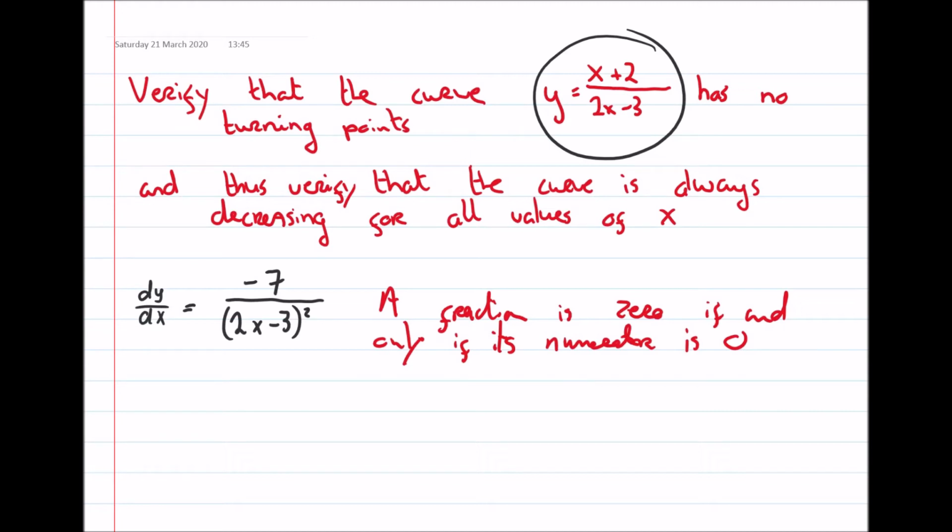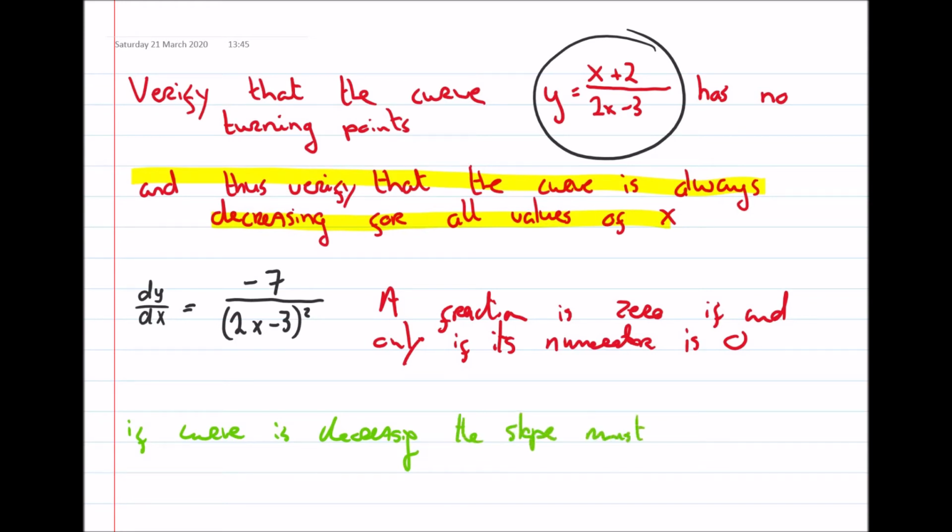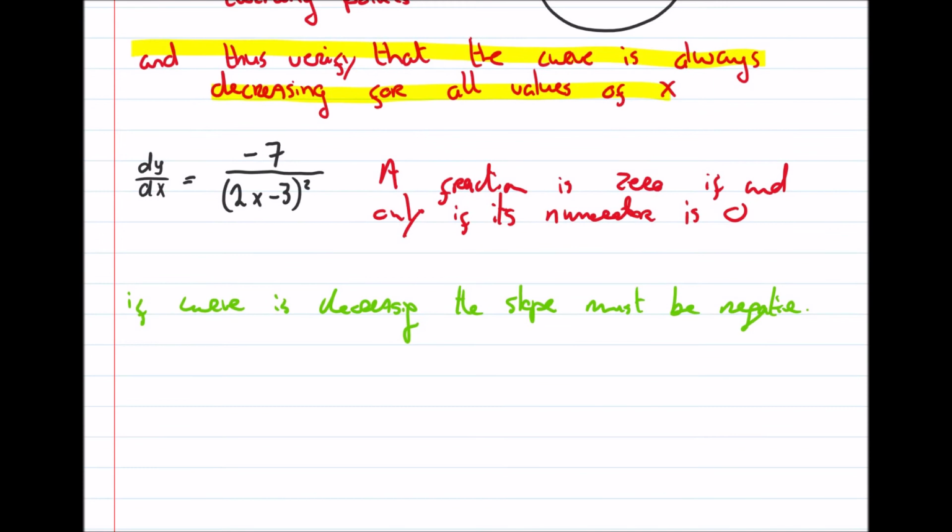Second part of that question then, it says, and thus verify that the curve is always decreasing. Okay, well if the curve is decreasing, that means the slope must be negative. Now, it says it's decreasing for all values of x, which means no matter what value for x we put into this,